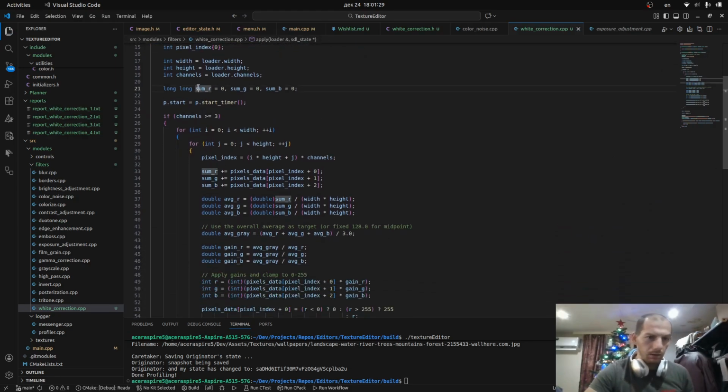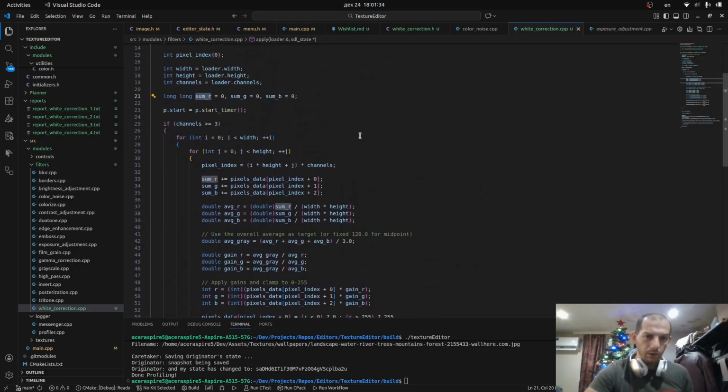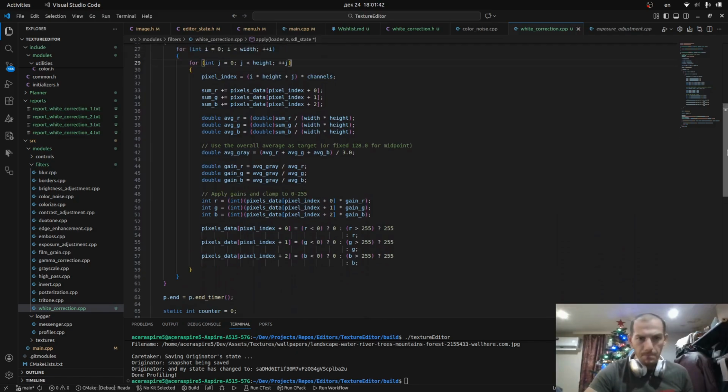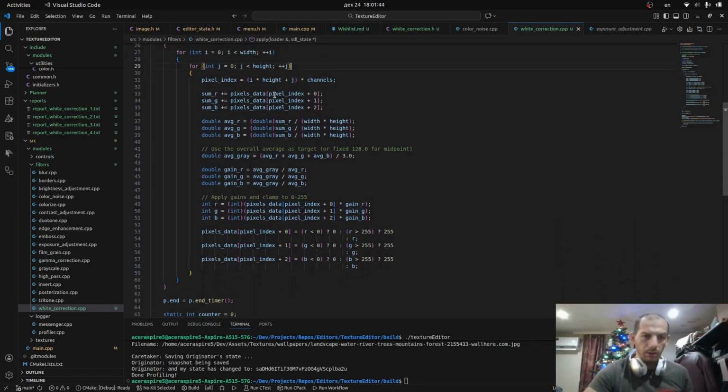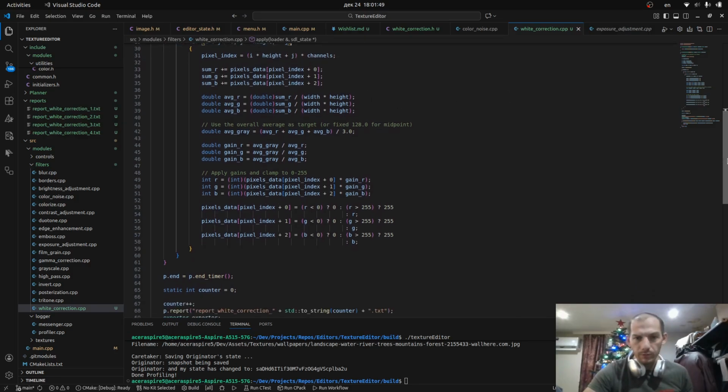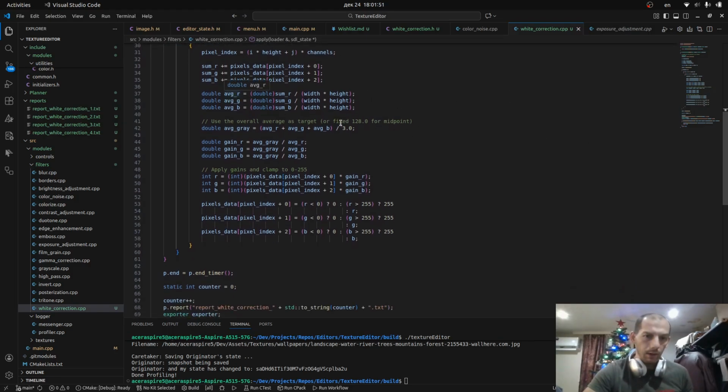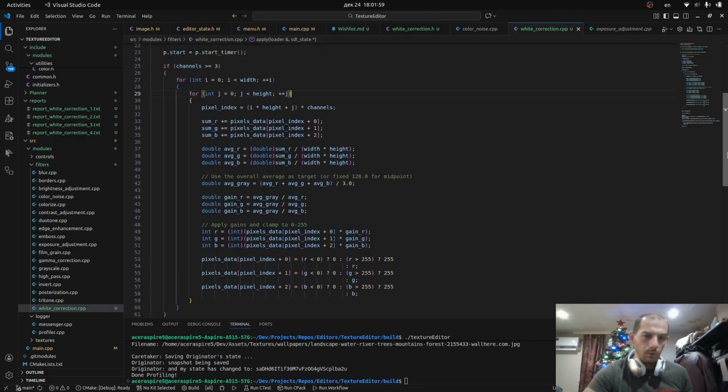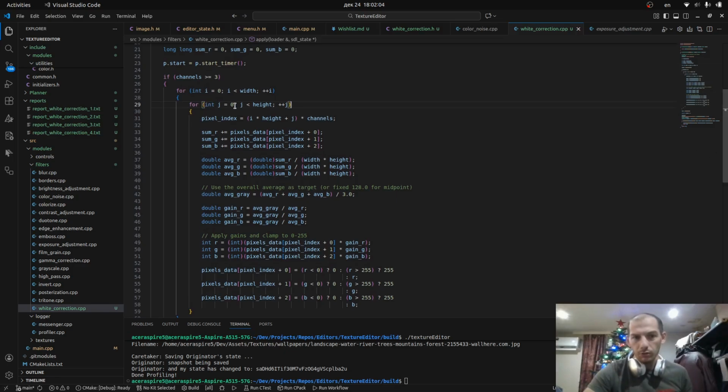So here we have RGB colors, RGB channels, and in the loops for width and height, here just getting the sum of each pixel data, and each time getting the average of the sum divided by the width and height. Maybe the mistake or the effect is not visible because it should be in a separate